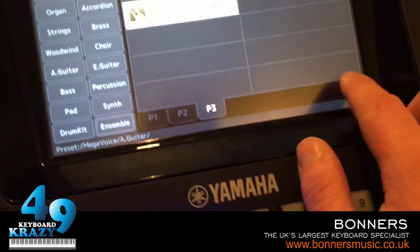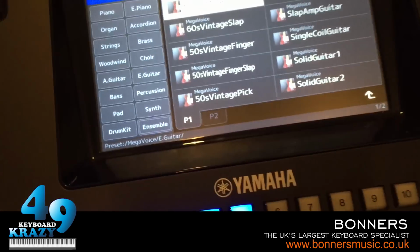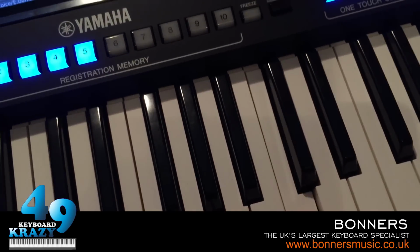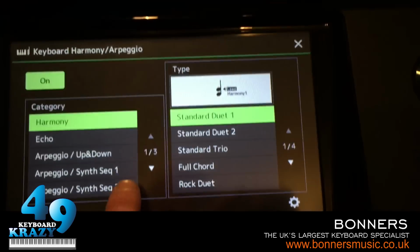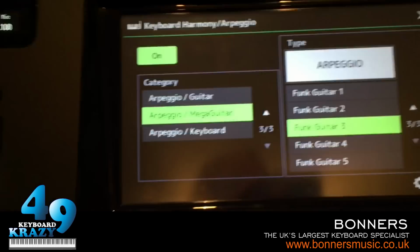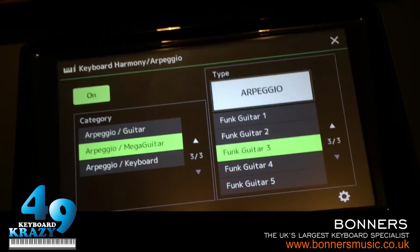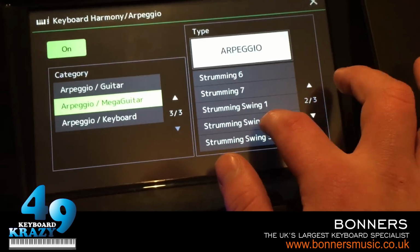But for other voices like the electric guitar, that doesn't have an arpeggiator assigned to it, so it's just as it would be on the Tyros. But if you go to the menu and select the category Mega Guitar, even the bass guitar sounds, even the electric guitar sounds can be played live with all sorts of different arpeggiators for the